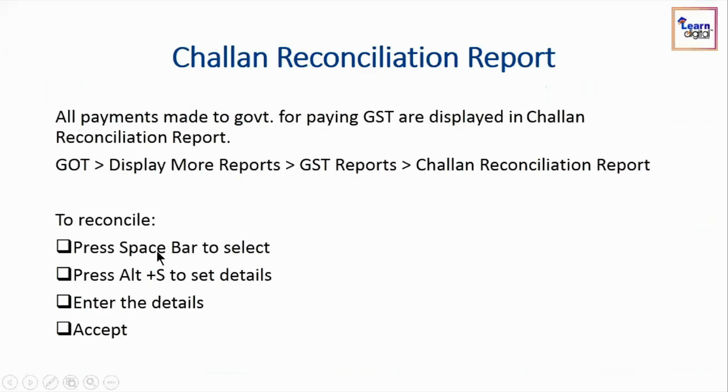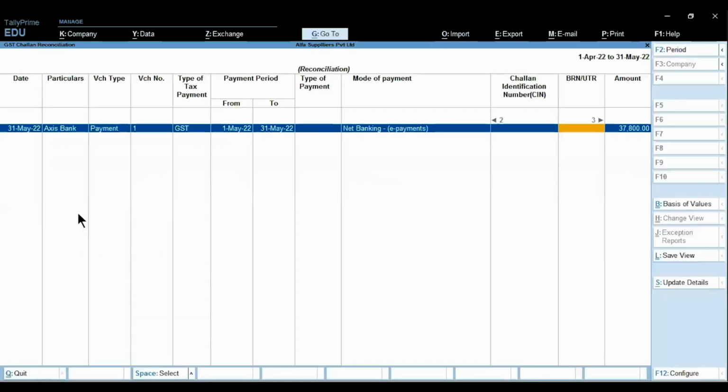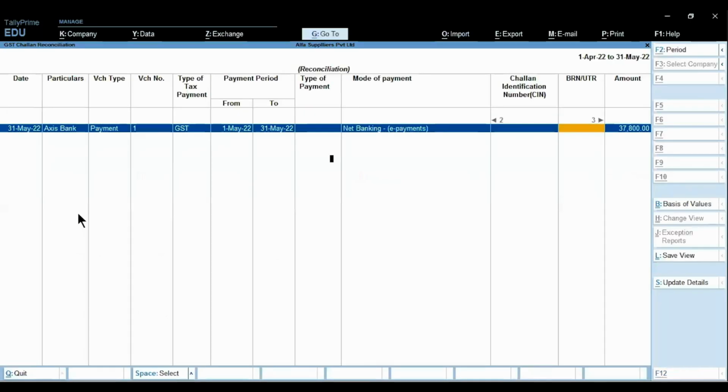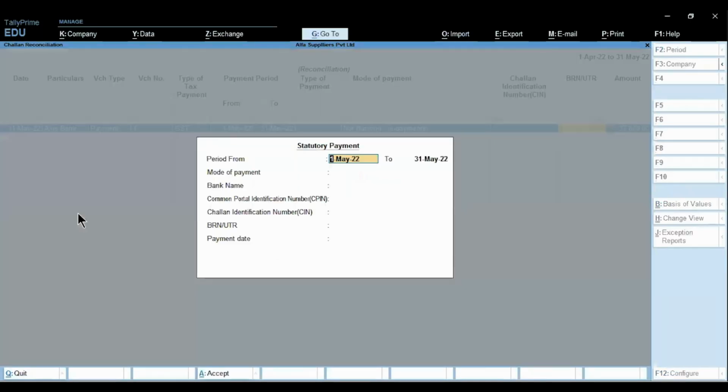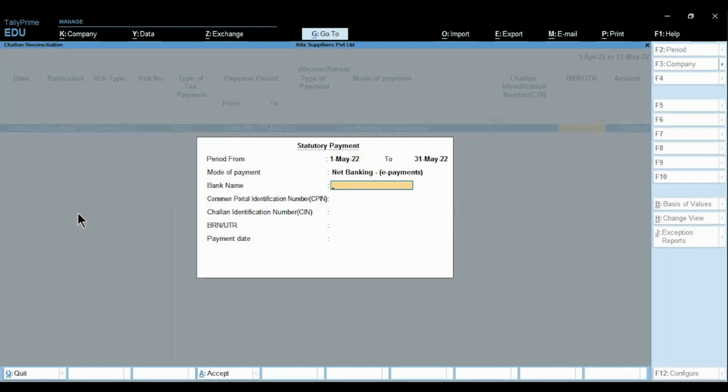To reconcile, press spacebar to select, then press Alt S to set details, and then press Enter, provide the details, and then press Accept. So first of all, you have to select the whole line through the spacebar. My cursor is in any of the columns. Press spacebar. Next, press Alt S. Here it asks for the statutory payment period, 1st of May to 31st of May. Payment made through net banking, bank name was Axis Bank,